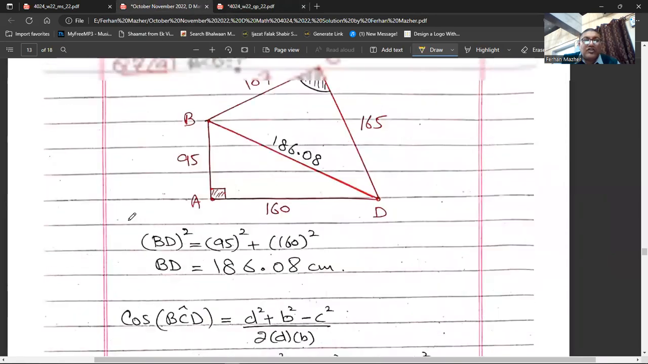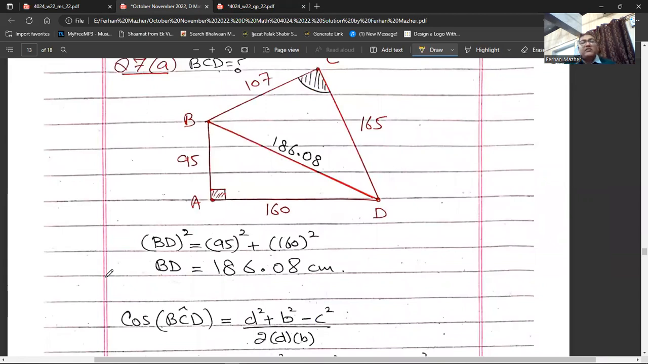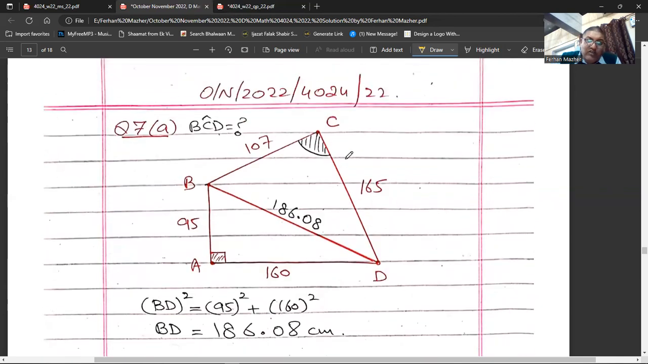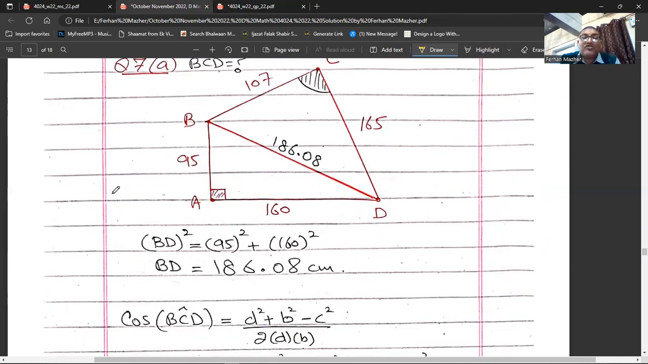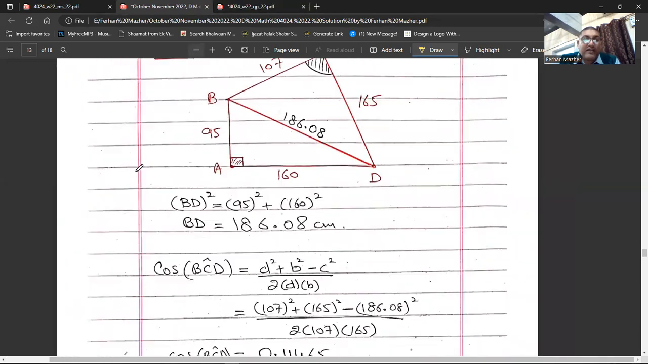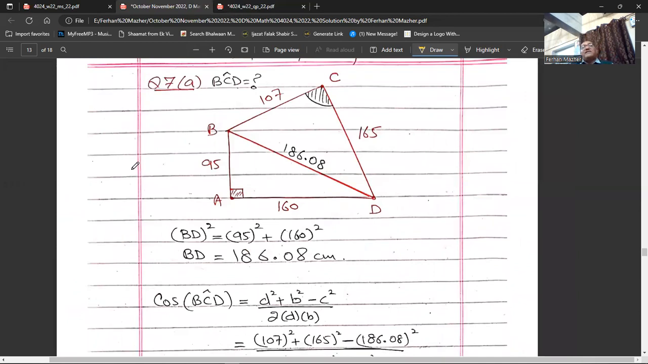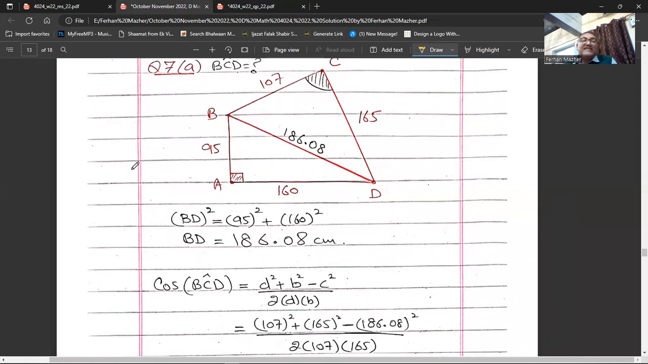Here we go. So BD squared will be equal to 95 squared plus 160 squared, and BD will be 186.08. So once you know this side, now in this triangle I know this side, this side, this side. I want to find this angle. I will apply the law of cosine. According to the law of cosine, cos of BCD equals D squared plus B squared minus C squared, the whole thing divided by 2 times D times B. So it will be 107 squared plus 165 squared minus 186.08 squared, divided by 2 times 107 times 165, and you will get